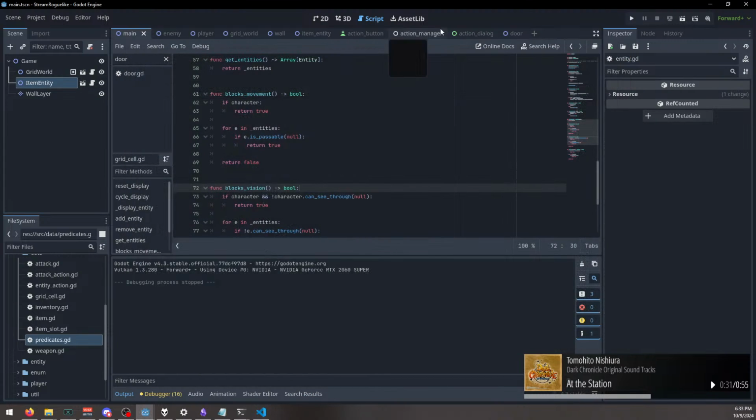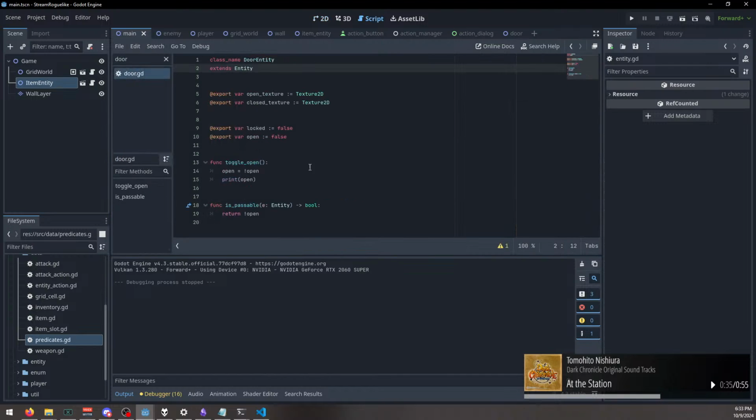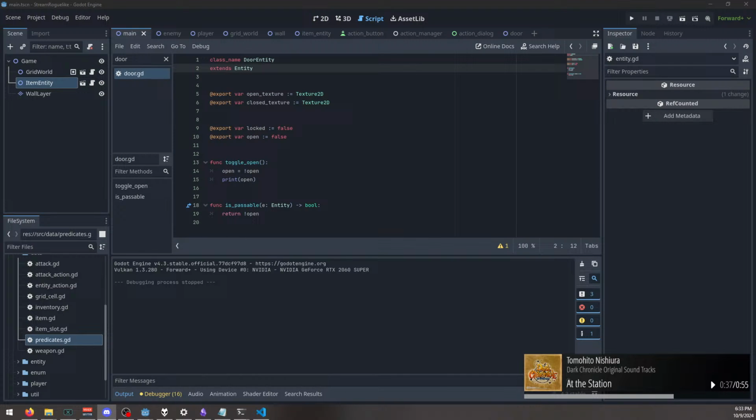Yeah, okay, so for the door will also have